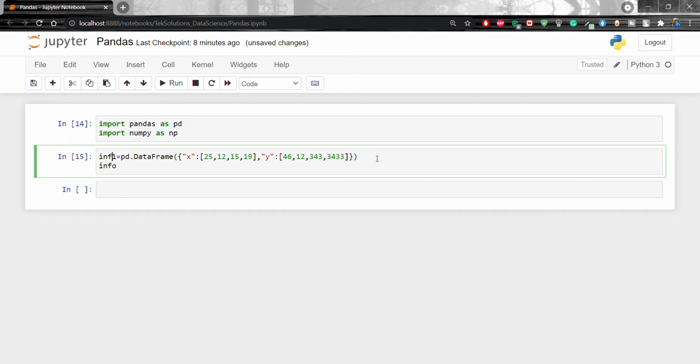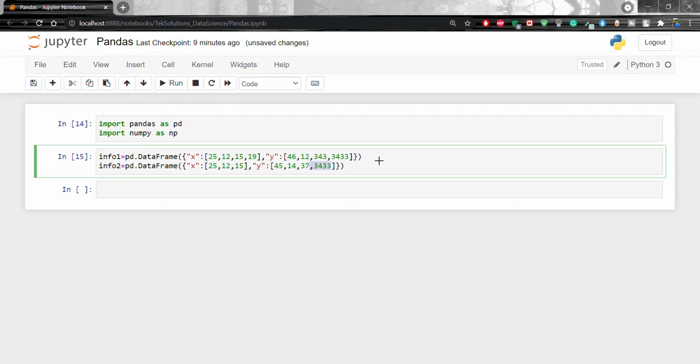Now I am going to create the second data frame. Let's copy and paste it here, and now I am going to change the values. We are going to create a data frame using the dictionary. So let's do 25, 12, 15, and 45, 15, 14, 37.